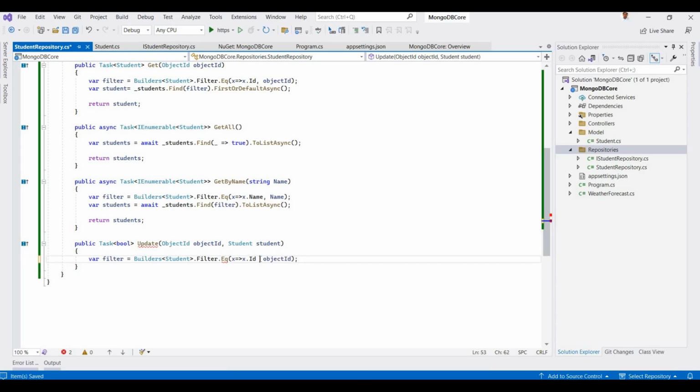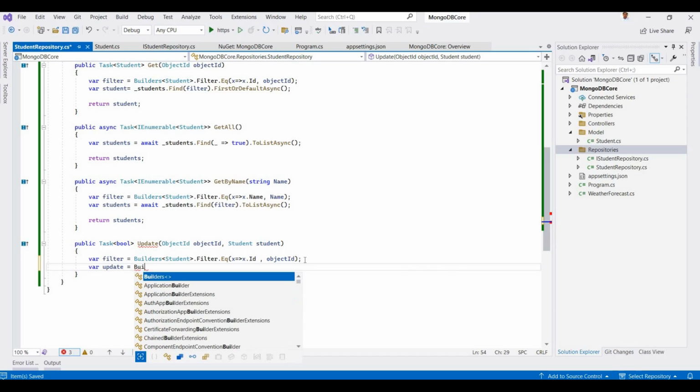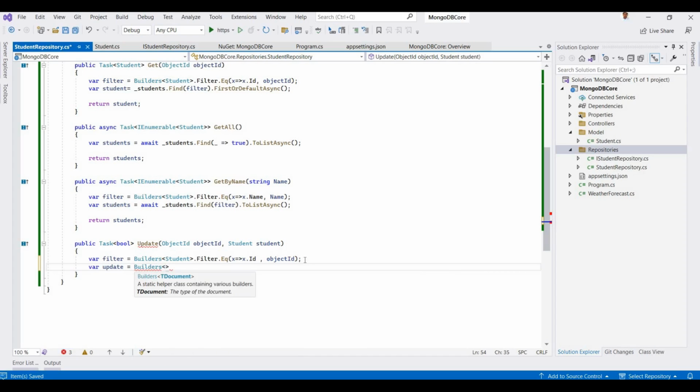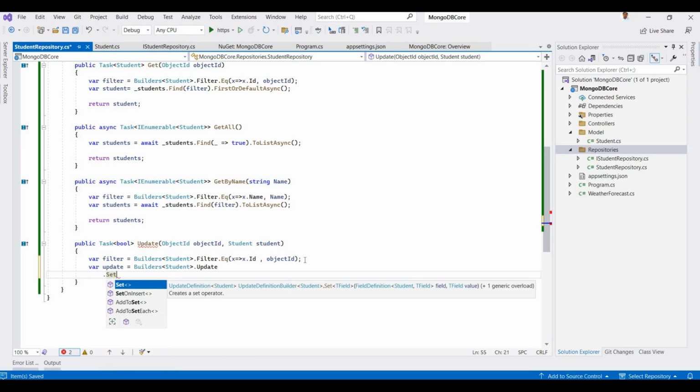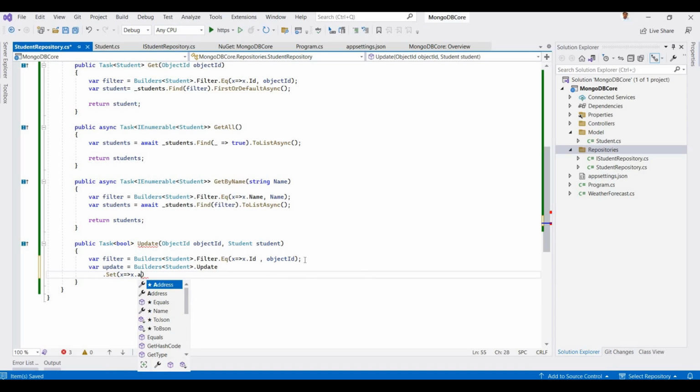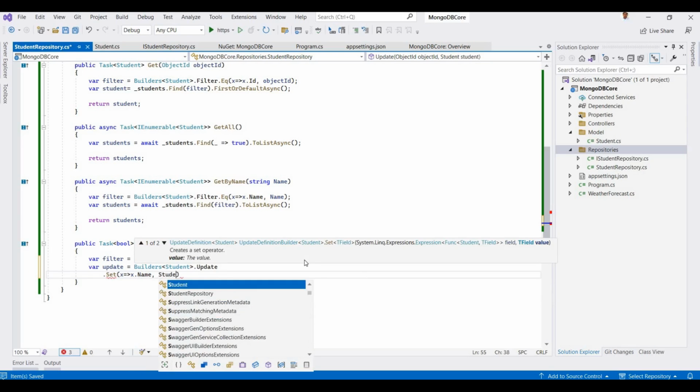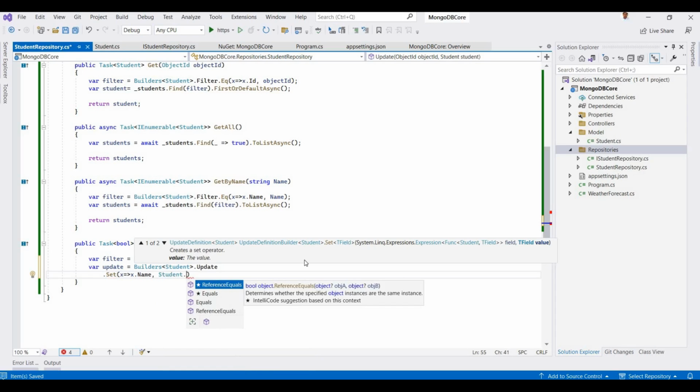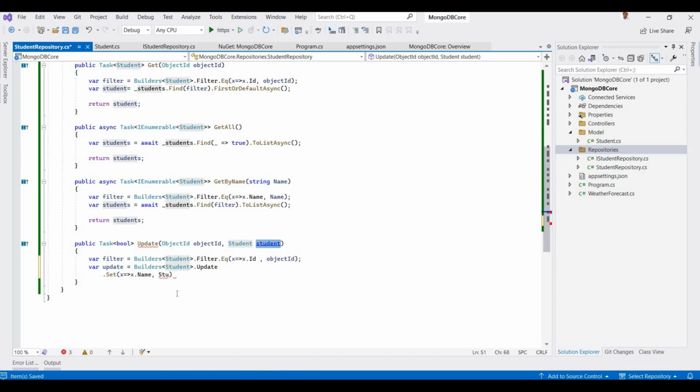We pass this by their id, and then where update is equal to builders student dot update, and then we set each property, x dot name, and this is set from this student object name. It's a small student dot name,